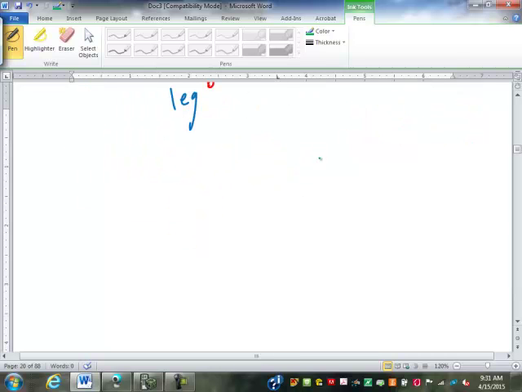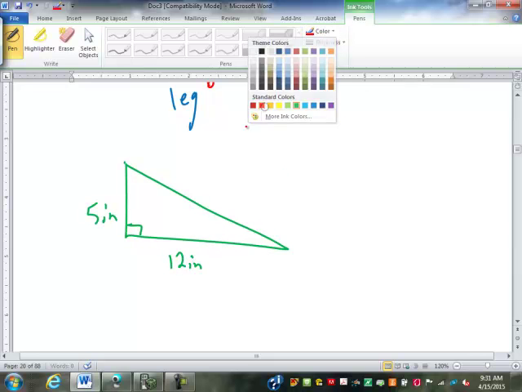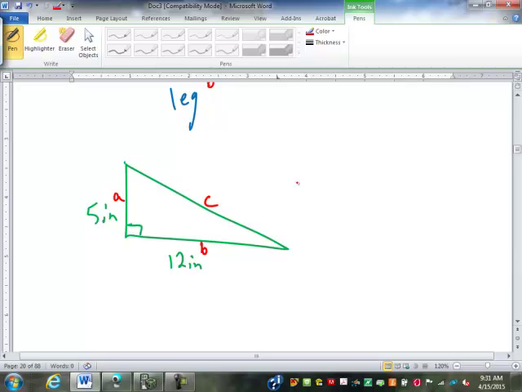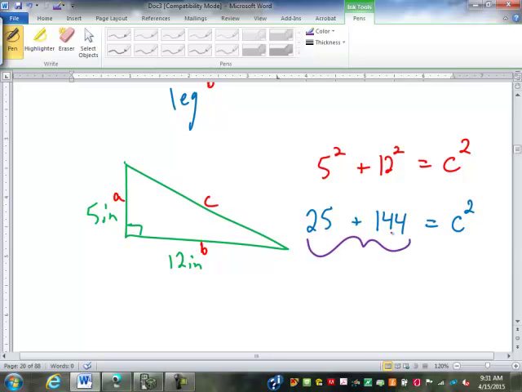For example, if this is 5 inches and 12 inches, I'm going to label this side A, B, and this will be C. To find side C, well, A is 5, so it'll be 5 squared, plus B is 12, so it'll be 12 squared, equals C squared. 5 squared is 25, plus 12 squared is 144, equals C squared. And then 25 and 144 make